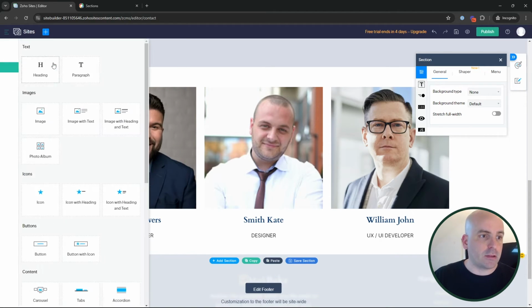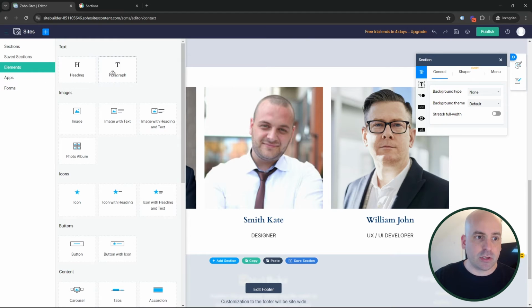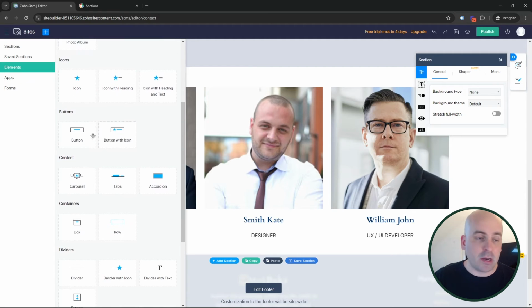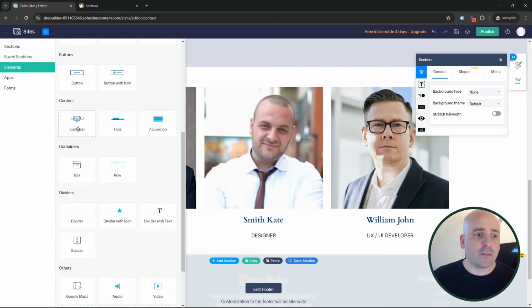So back to the elements, you've got your headers, you've got your paragraph text, you've got your images, you can add icons, add a button, like a contact us button. Well, that would already be on this landing page, but maybe a learn more would be a common button you might use. You've got your carousel that's going to rotate content, maybe testimonials, your tabs, your accordion,